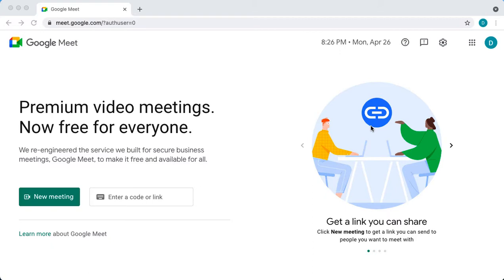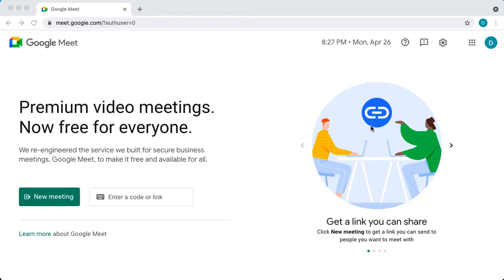In this video, I'm going to have a quick look around Google Meet, and I'm looking at the free version here, the one that we can all access. I'm actually logged into my Google account. You can see in the top right hand corner my initial D there, and I accessed Google Meet by clicking on the 9 dots just to the left of where my D is, but you can also just type meet.google.com